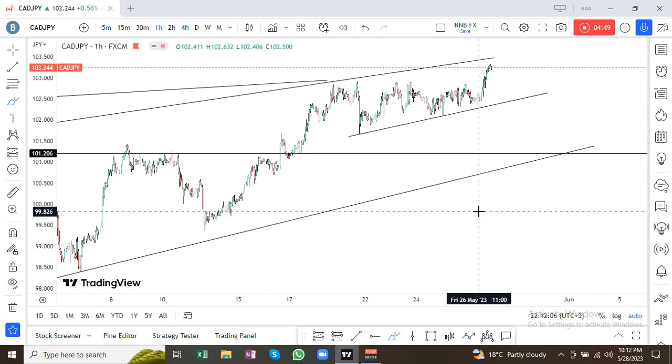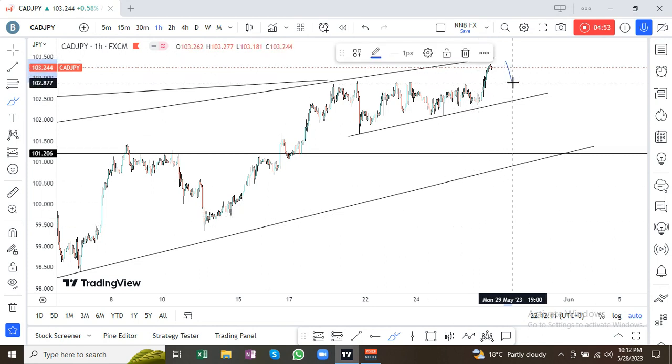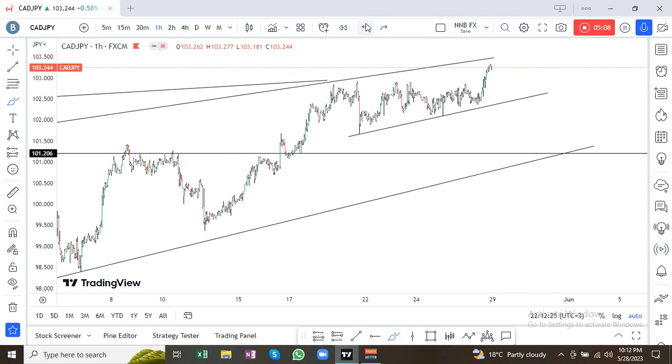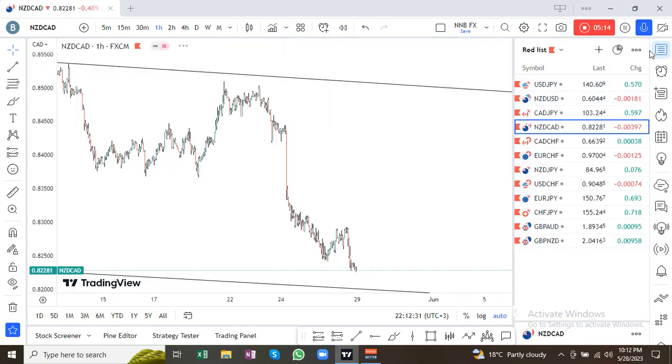If the structure won't be convincing, I'll wait for an impulse down and a continuation structure. I'll enter on the break of the continuation structure, either on the 1 hour time frame or the 15-minute time frame. So we go to the next pair, which I'll be watching this coming week, is New Zealand